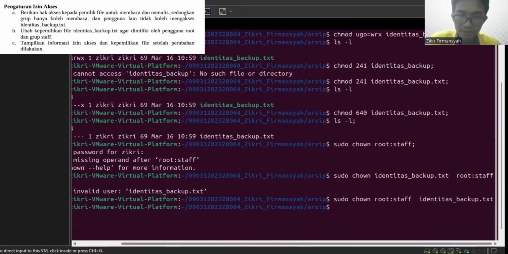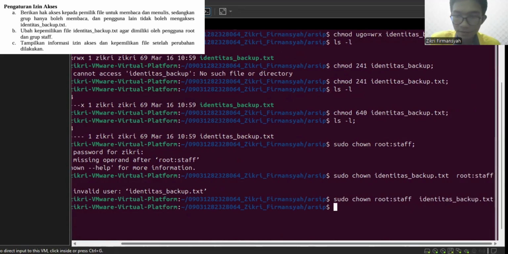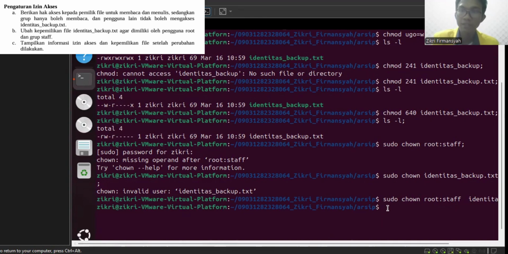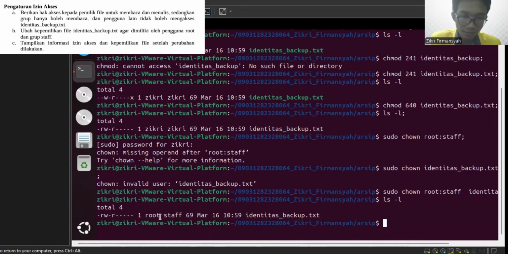Okay. Now the information about the user and group has been changed. You can see ls -l now. You can see now the name of the user is root and the name of the group is staff.